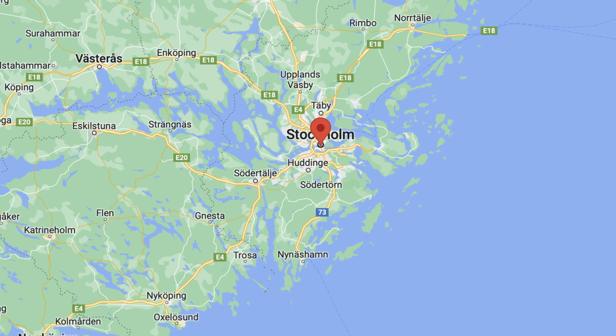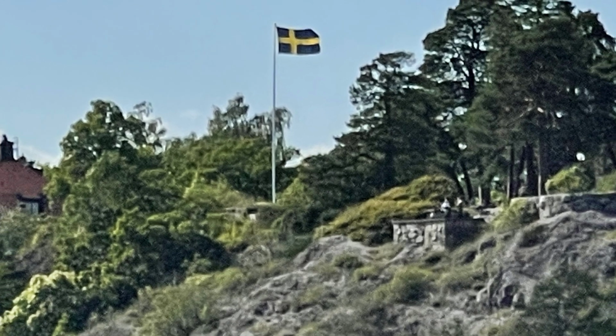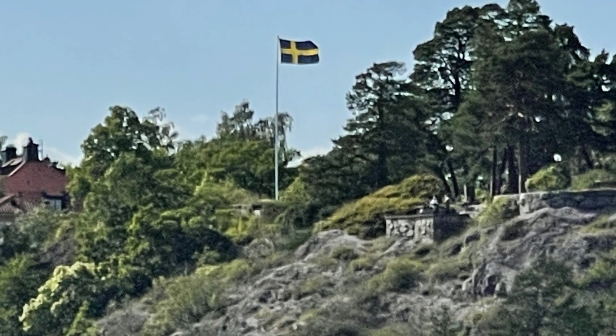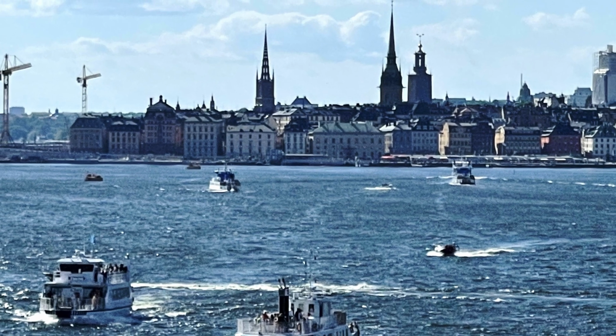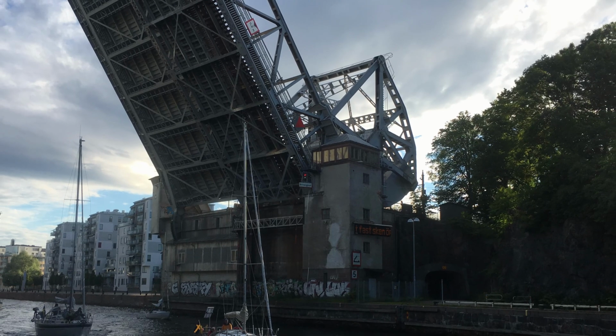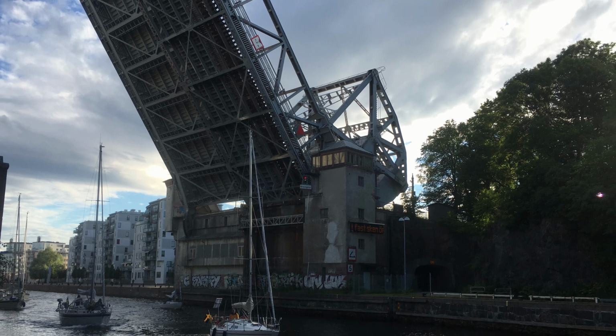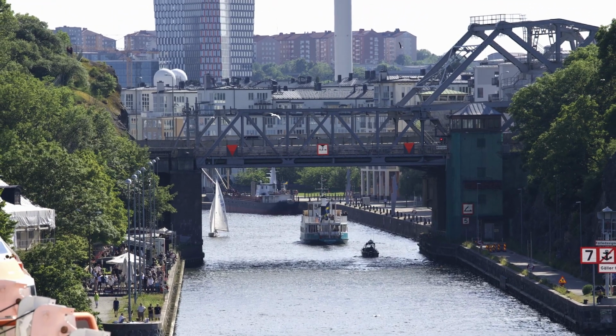Stockholm is one of those grand cities. Don't miss this. Sweden is made up of 220,000 islands, and Stockholm comprises 14 of those islands. So it's good to know that the best way to get around Stockholm is going to be via water ferry. There are bridges connecting many of the islands, but the water ferries are the easiest to manage and easiest to